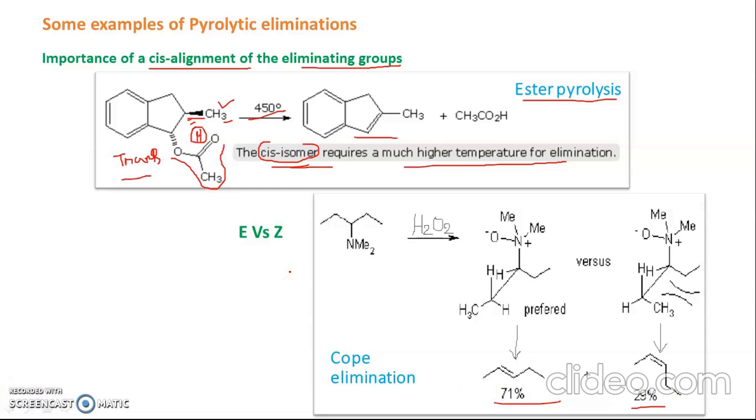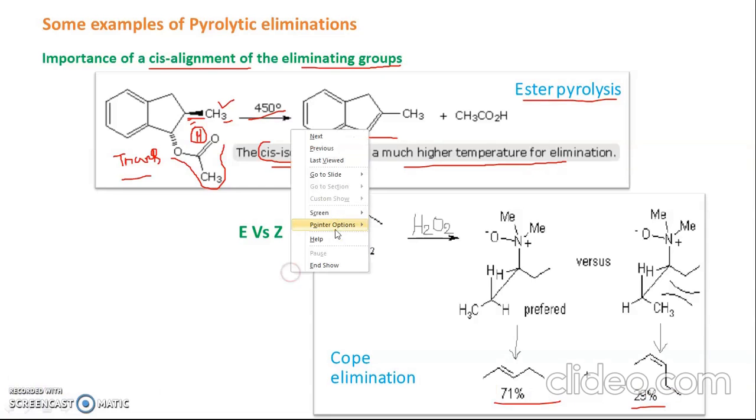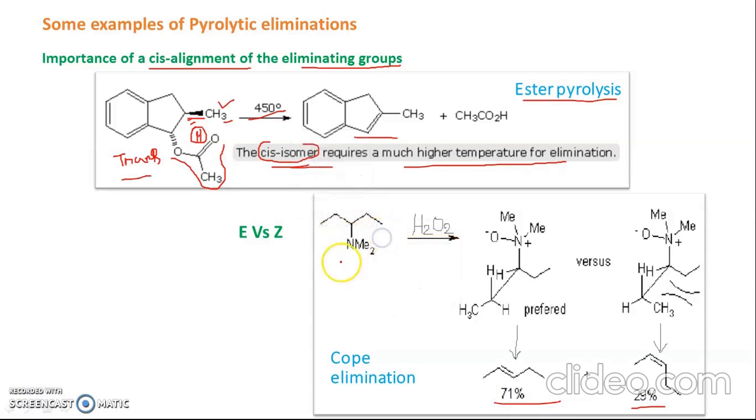First we have to prepare our substrate, which is amine oxide. For that we are using hydrogen peroxide, H2O2, with this substrate. This is the molecule that is given, but first we have to make the amine oxide. So when we are making the amine oxide, if I put numbers over these carbons, suppose the carbon which is